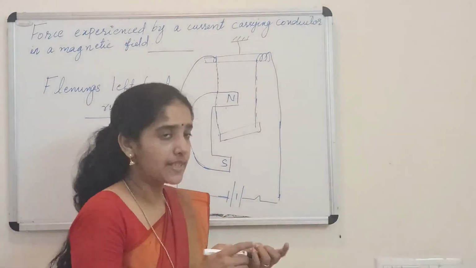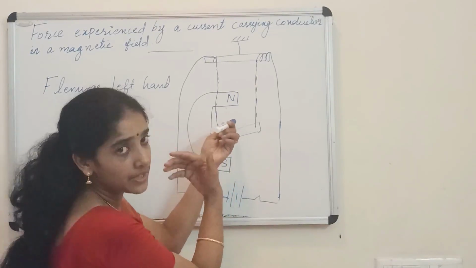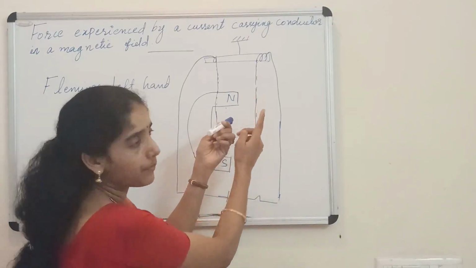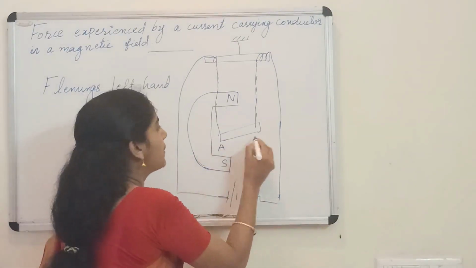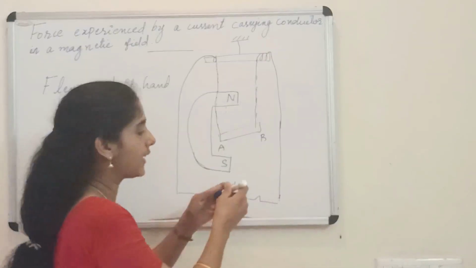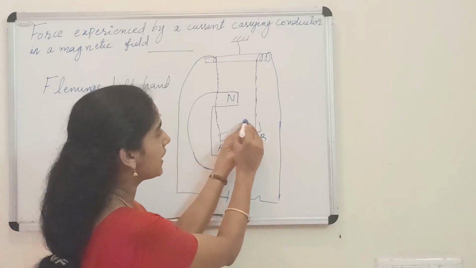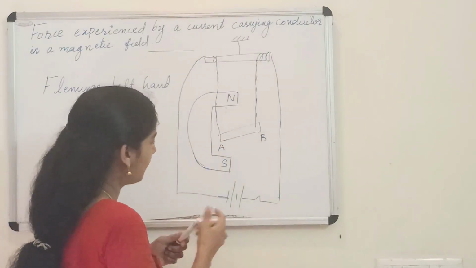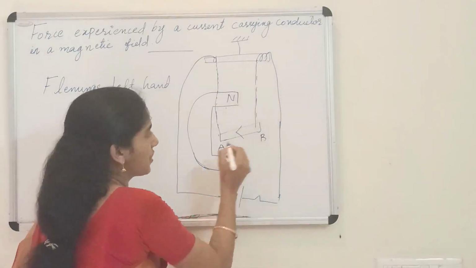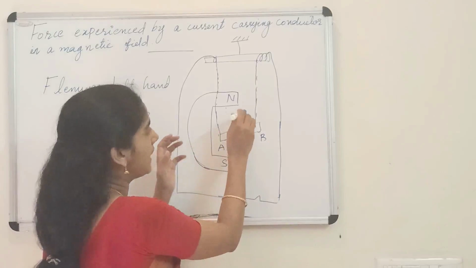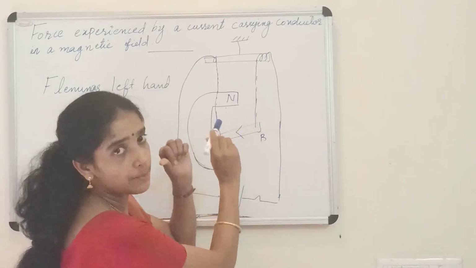So here, how is the conductor coming? The conductor is like this. So this end of the conductor is near me and this is away from me. Let me mark this end as A and this one as B. This A is like this and B is inside. See, this B is inside. So current goes from positive to negative. So how should I show it? I should show it going in this direction. So B inside, A towards me. So the current is from B to A. B to A means the current is coming towards me.